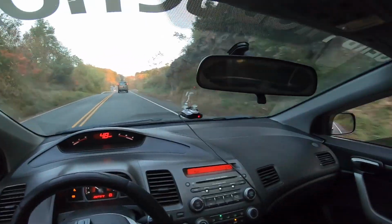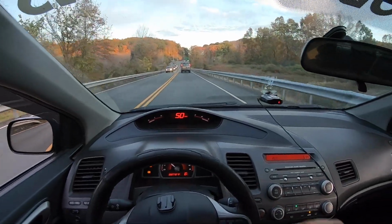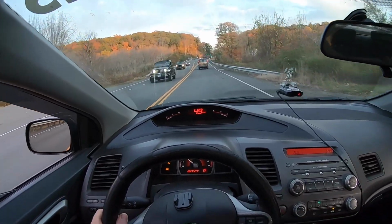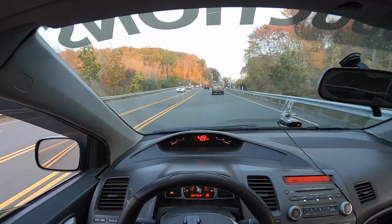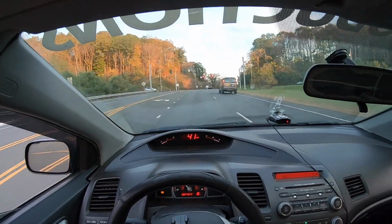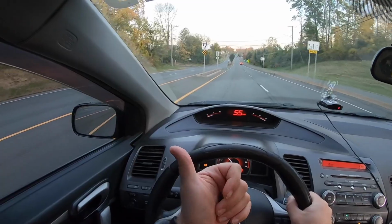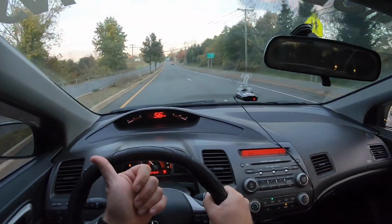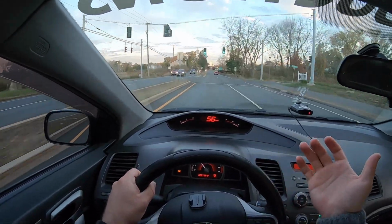Woohoo! I've been hammering on it, taking it easy a little bit, and it's been taking whatever I throw at it, guys. So I did put up that last video saying I would sell it, but a couple of you guys are right, and I did think of this as well. There is a lot of negatives with selling this car. If I sold this, I would have to get another used car. A, that would probably need a lot of work, unless it's a Toyota Corolla or a Civic or something. And B, I would be giving up essentially the